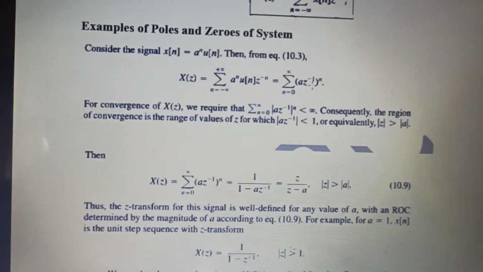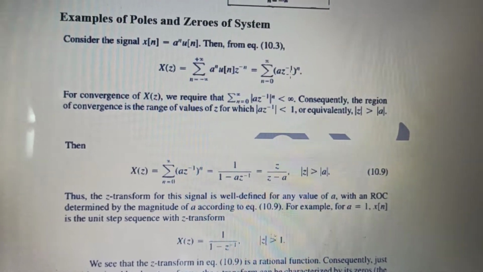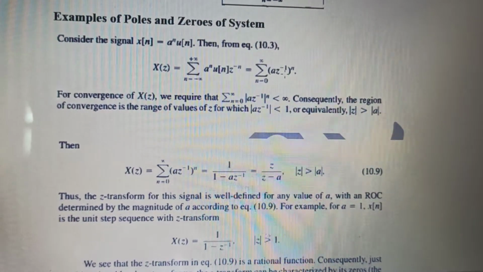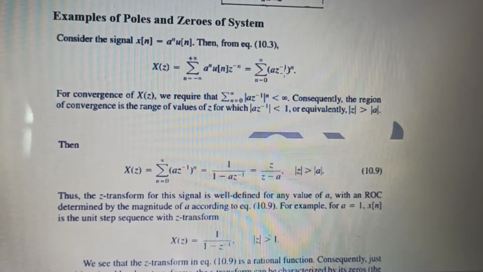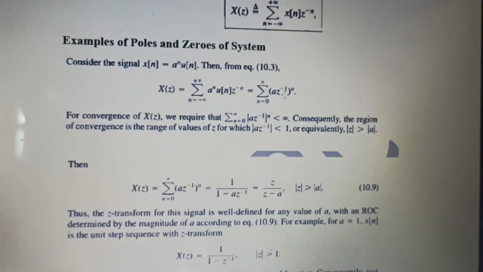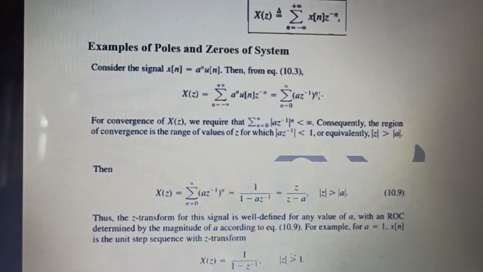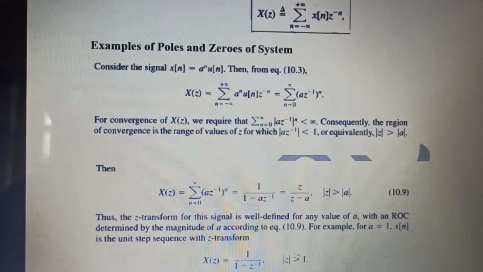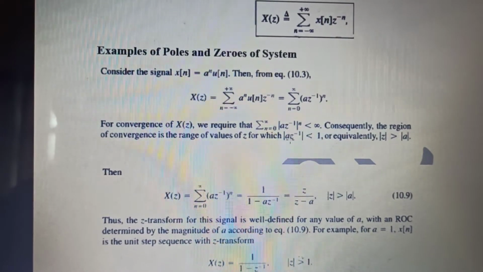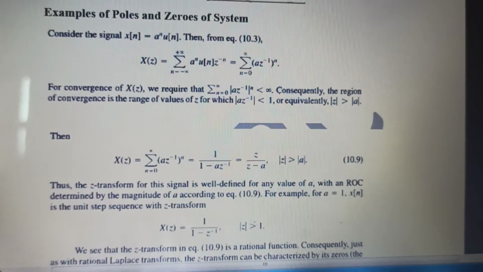Let's keep this az to the power minus 1 in the range of less than infinity. The summation over n has to be within the range of infinity if this signal has to converge. This whole summation has to be convergent in nature. Then only the summation can be equated. That is, it has to be finite. And if it has to be finite, then the whole mod of az inverse has to be less than 1. How am I coming to this point?